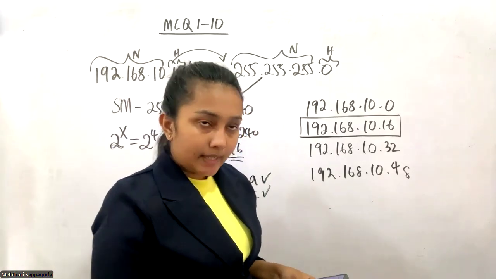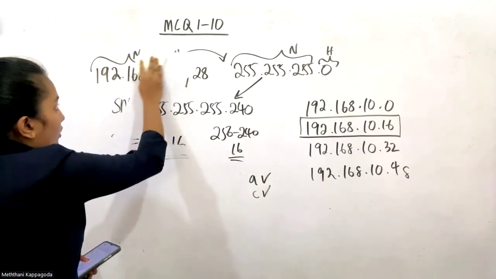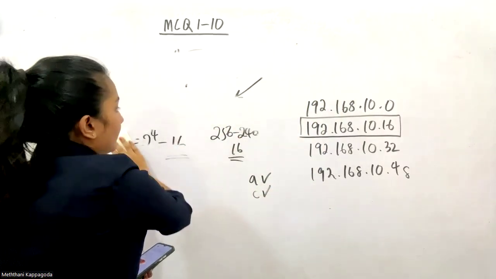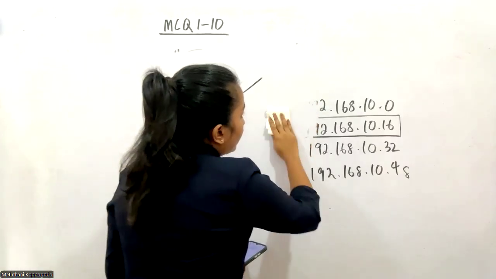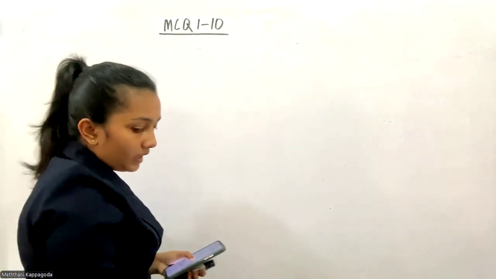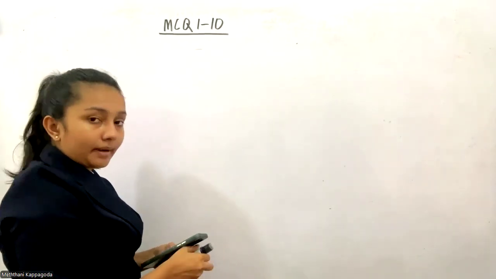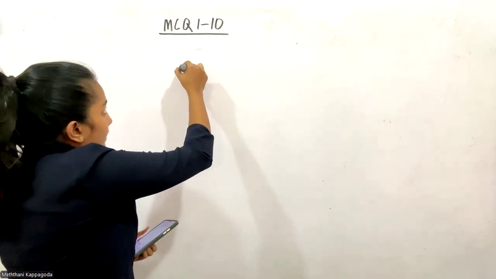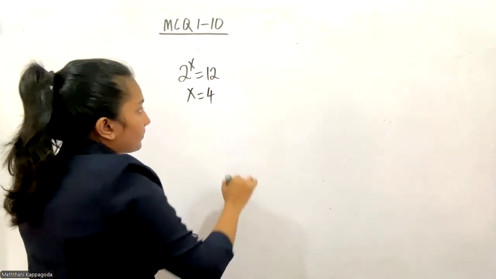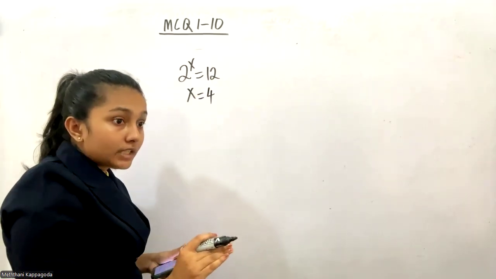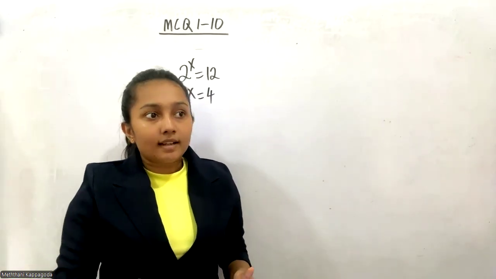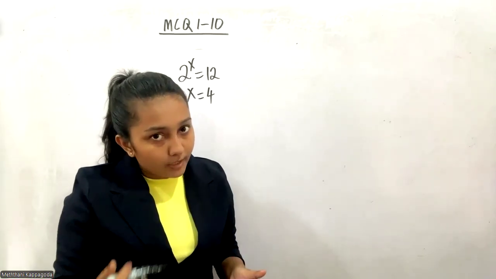So you have been given an IP address. This IP address belongs to class C. The default subnet mask for a class C IP address is 255.255.255.0. And you are asked to create 12 subnets. It means 2 to the power x should be at least 12, so x should be 4. When you are doing the subnetting, you should take 4 bits from the host part to the network part.